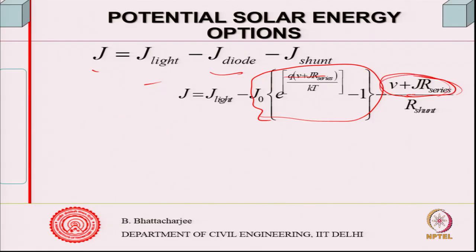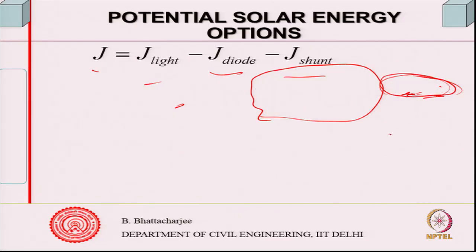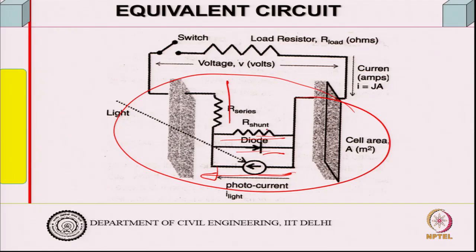This is the voltage, because this is the flux multiplied by per unit area. So, everything is per unit area, multiplied by the total voltage drop in this circuit. This is the light, this is the diode with the reverse saturation current,